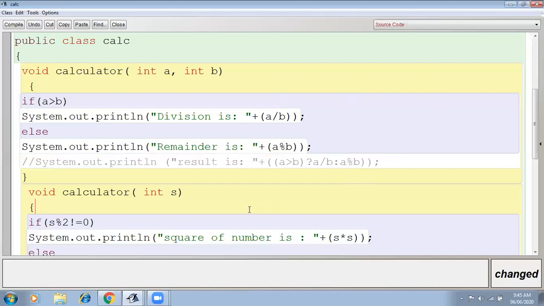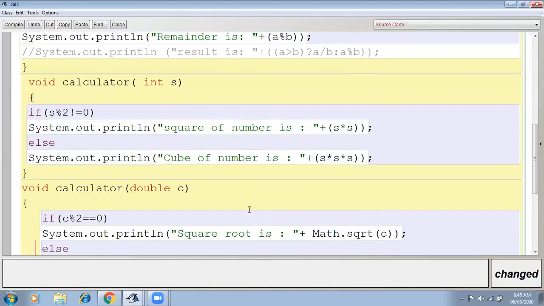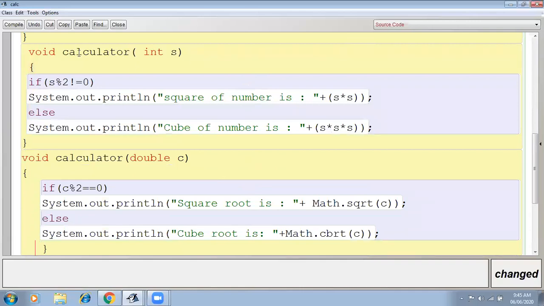Now move to the second method. The second method says same calculator(int s). If this given number is an odd number, then display the square of it, otherwise display the cube. So here, first of all I have checked if s mod 2 not equals to 0.